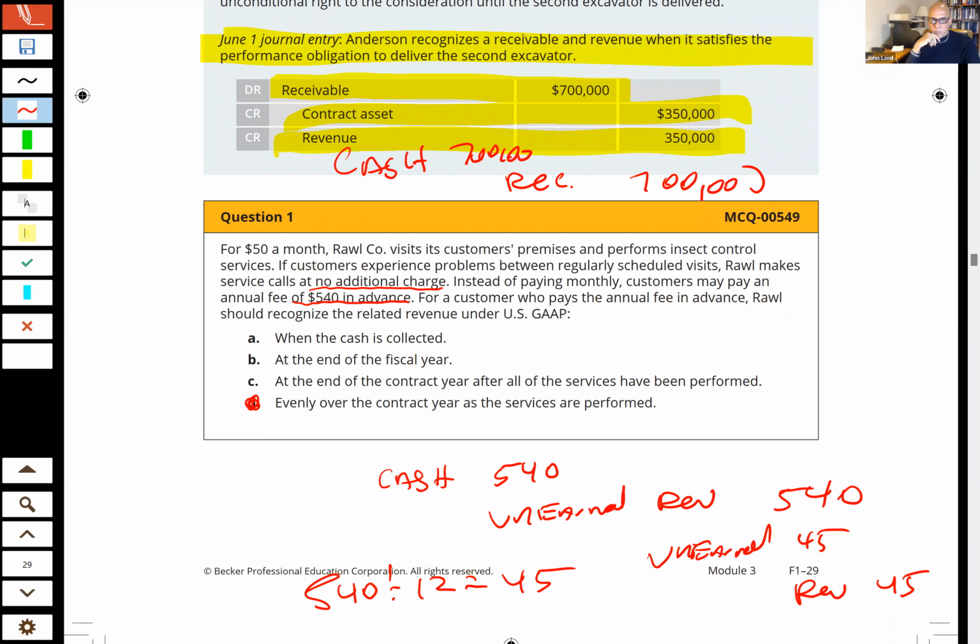Now, if you're telling me that the contracts pretty much are the same year to year, and it doesn't make a material difference to do it that way, then yeah, I guess from a simplicity standpoint, that would be okay. But if we have varying contracts as we go from year to year, and the difference of doing it the way you were sort of asking about versus the way the question is saying you would do it, and that amount was material, that would be a problem, yes. So that wouldn't be a compliance to accrual basis of accounting, which is GAAP requirement, right?